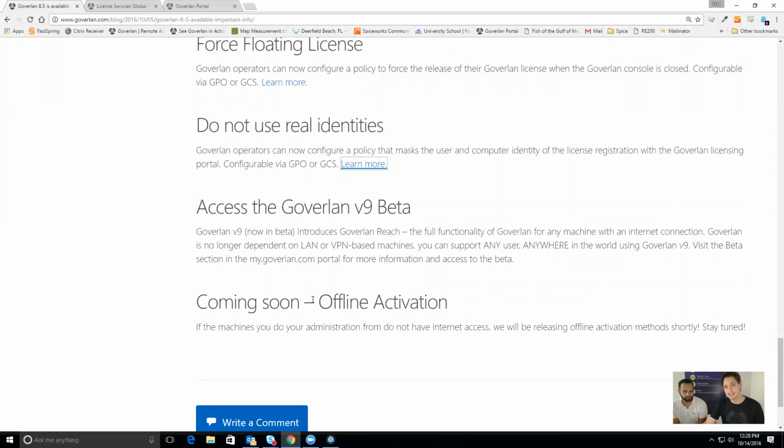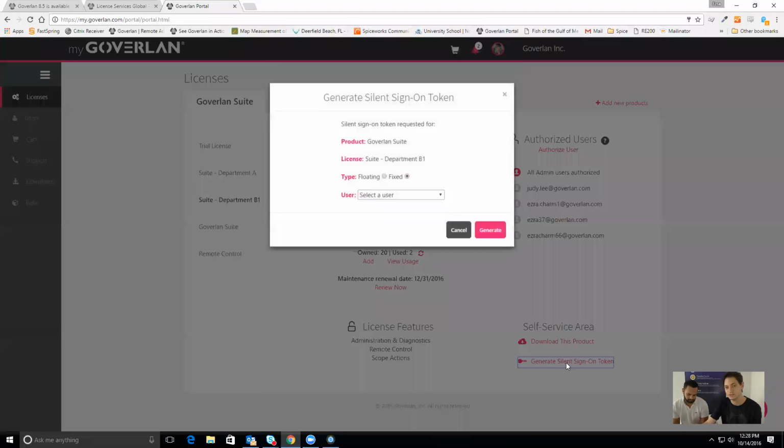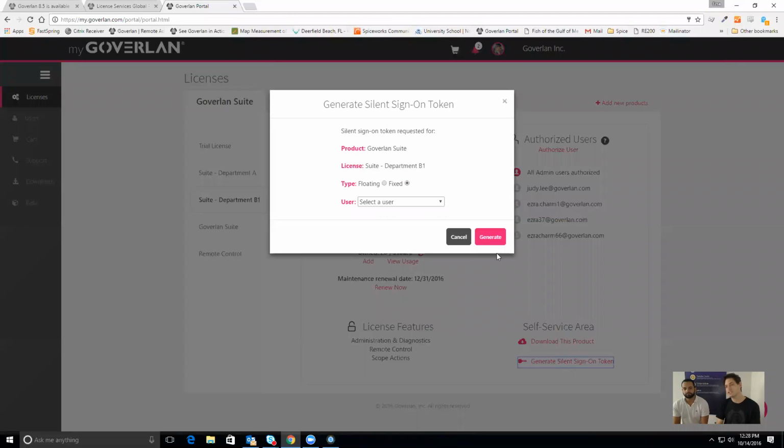So the next thing that's coming is offline activation, and one thing that's out there already is generating silent sign-on tokens. Now, this is a great feature if you just don't want to be bothered with another username and password to sign in and out of Goverlan, because the sign-in is kind of minimal. It's really just acquiring a license. It's not permissioning Goverlan in any way. It's just acquiring a license. If you don't want to be bothered with it, with kind of a one-time setup, you can create